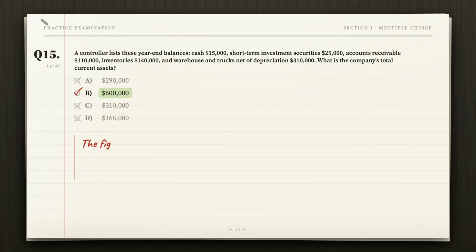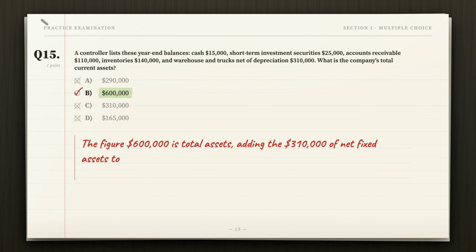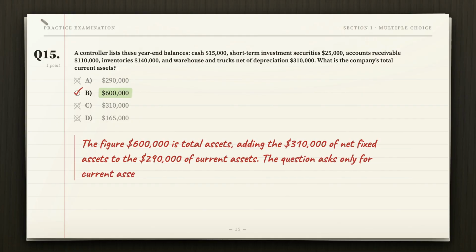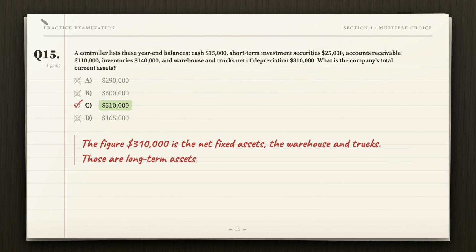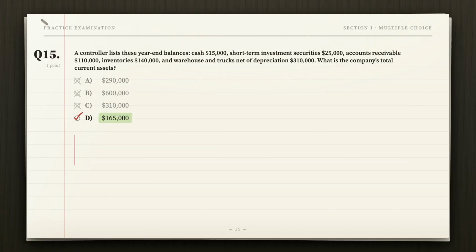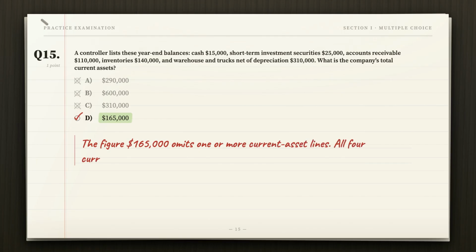B is wrong because the figure $600,000 is total assets, adding the $310,000 of net fixed assets to the $290,000 of current assets. The question asks only for current assets. C is wrong because the figure $310,000 is the net fixed assets, the warehouse and trucks. Those are long-term assets, not current assets. D is wrong because the figure $165,000 omits one or more current asset lines. All four current asset items together sum to